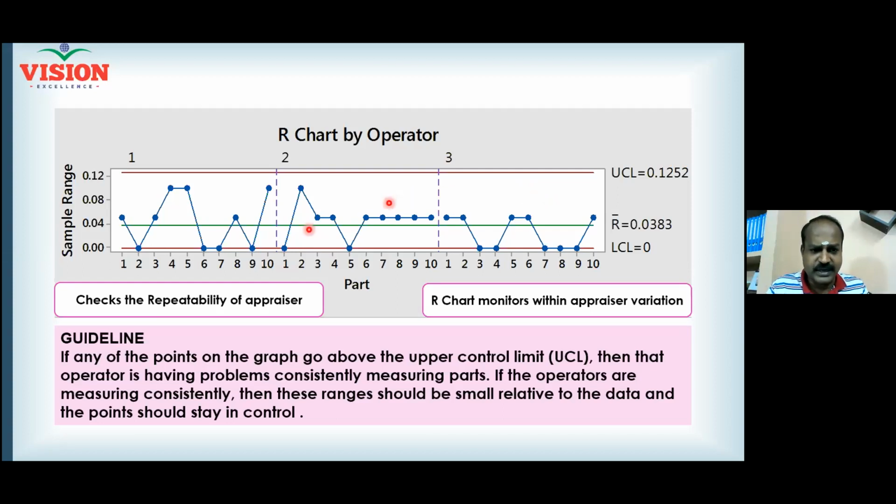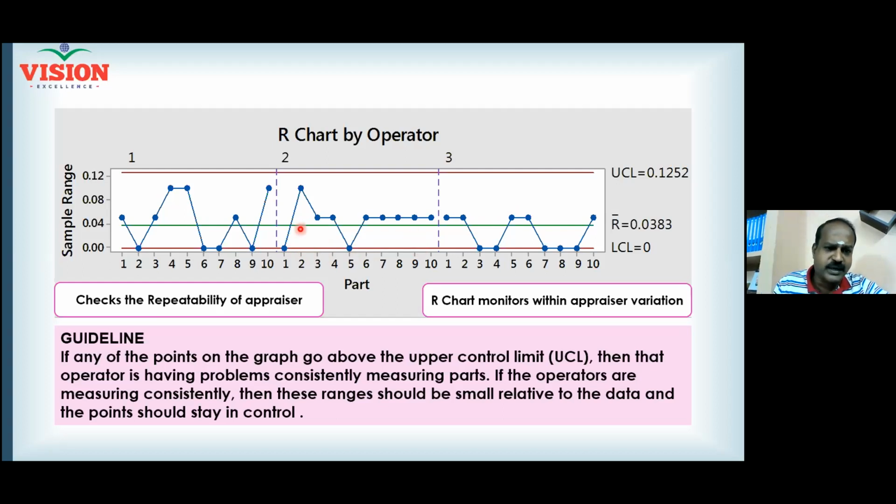So around the center and then having an up and down pattern, I call it the random pattern, is what is preferred, is what is real. If the randomness is not following, then you can understand he is definitely biased. If all the points are outside the control limit or falling on the control limit or maintaining a zero range, these are all not random. These are all indication of bias.